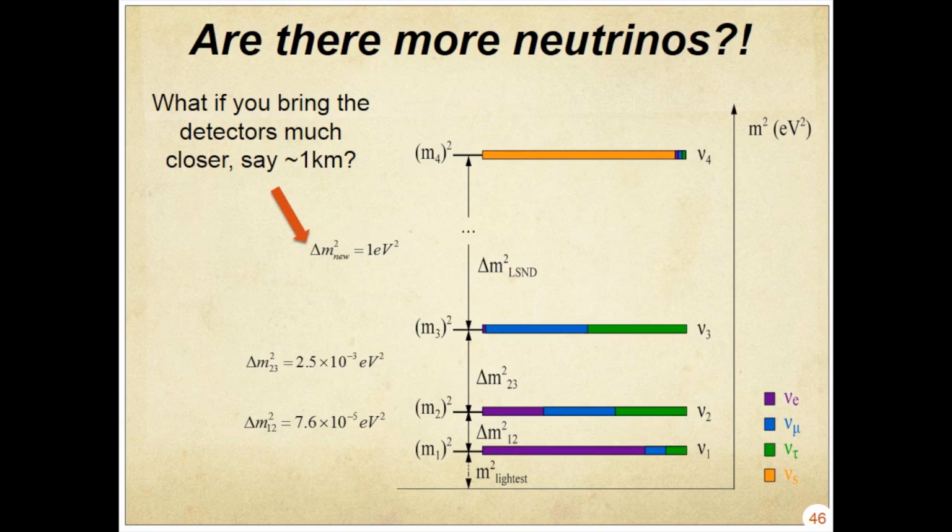What if I want to explore larger mass splittings? What if I want to see there are other neutrino states? If this is out of scale, obviously, if this is 10 to the minus 5, this is 10 to the minus 3, there's a whole range of splittings above that I might be able to access. And this is cool because I can bring my detector closer to access higher mass splittings with the same type of neutrino beam. And that's exactly what we're going to do.